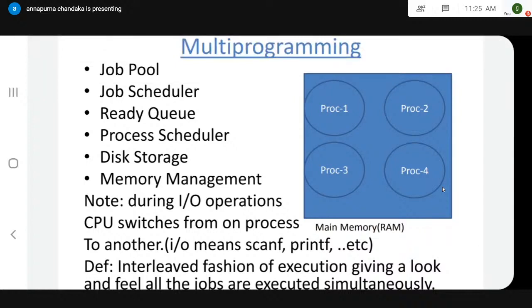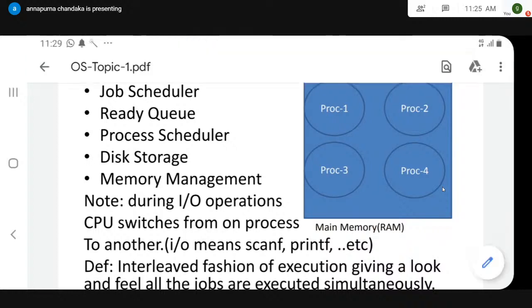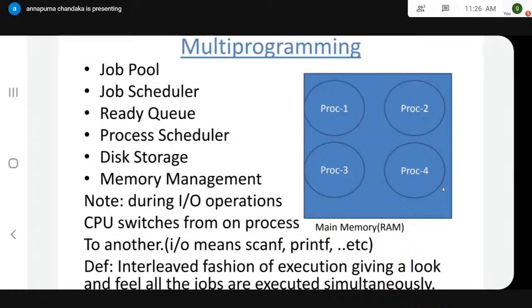It is a mechanical operation which should be received by your CPU in the form of a signal, and it has to be decoded and processed. Now, during this input time, at least in order to enter that number, the user is going to take at least 1 or 2 seconds. In that particular time, the CPU has been sitting idle most of the time.